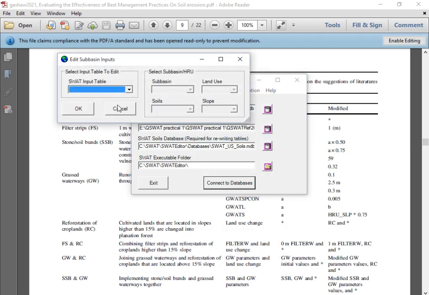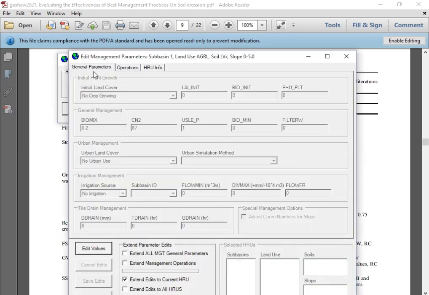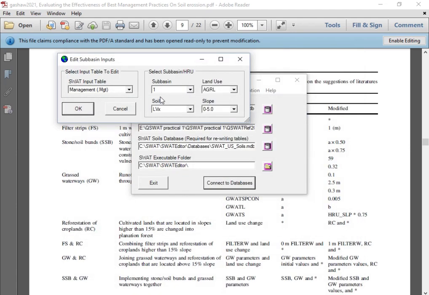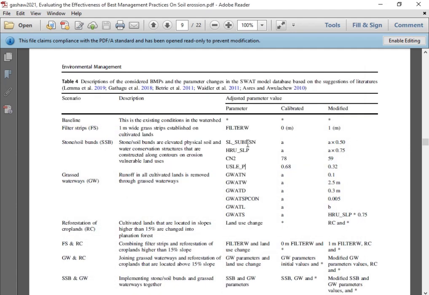If I check the management one, we can have access. So we can get additional parameters. Therefore, in order to get this SLSUBBSN subbasin parameter for the case of stone or soil bunds,